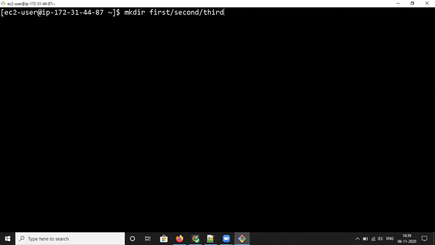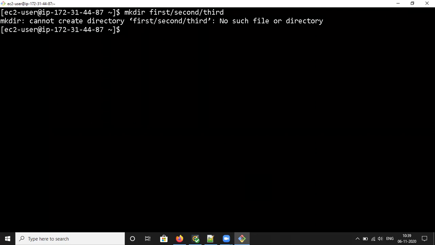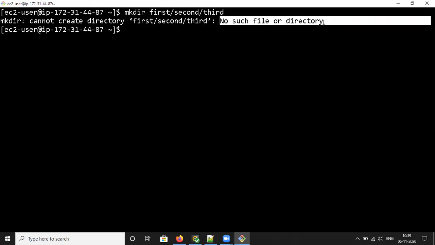We'll see what error message it will display. See, no such file or directory. That means without -p, the parent directory is not going to be created.